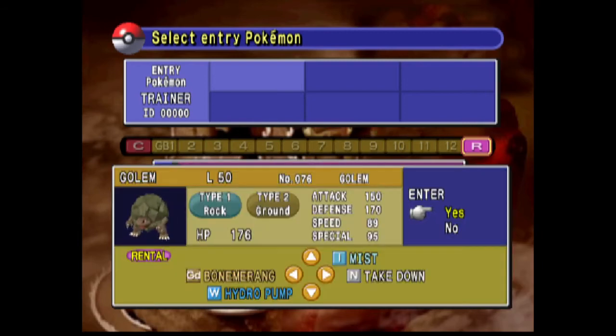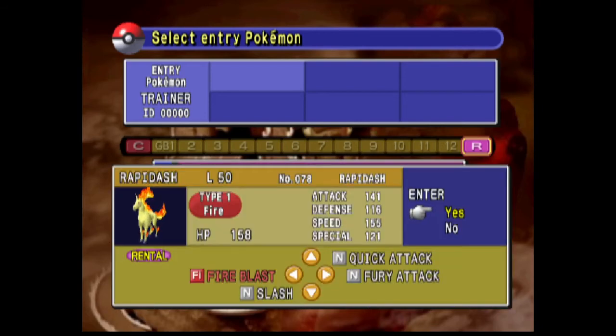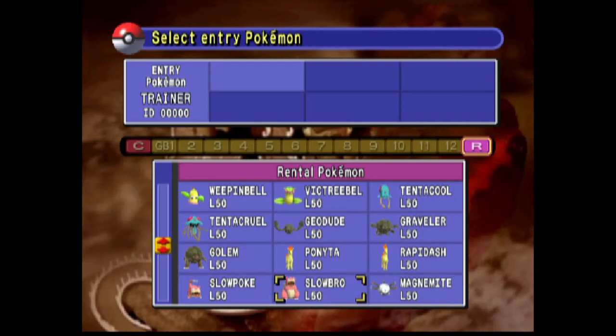Let's see, Golem, Bone Boomerang, Hydro Pump, Takedown, and Mist. No water. No, sorry, no ground. Rock. That's what the other type is that Golem is. Good God. Let's see. Rapidash has Fire Blast, Quick Attack, Fury Attack, and Slash. That's okay. I might still go for Arcanine over it just because Body Slam and Fire Punch is just better